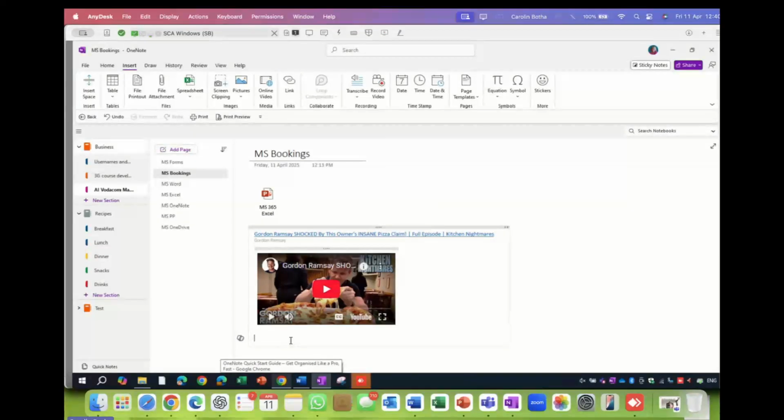ladies and gentlemen, you can do two main things with Microsoft OneNote. The basics are two main things. First of all, organize it, get your structure. What is going to be your book, your OneNote? What is going to be all your different sections? And you can add as you go along. And in each section, what is going to be all your different pages? That's one thing that I showed you.